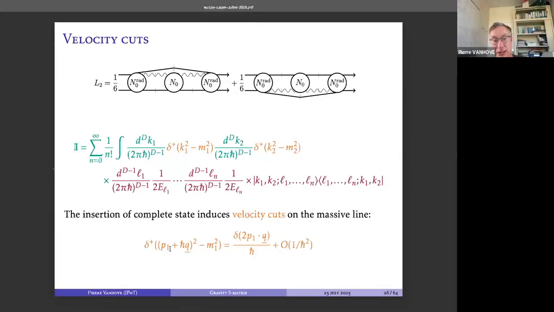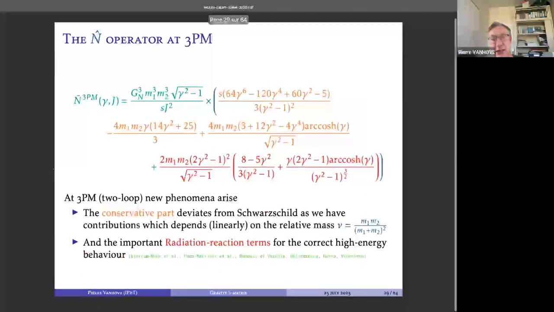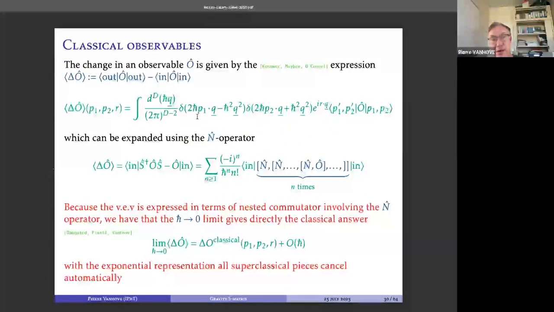Because if you expand this, p1 squared is m1 squared, so there is h bar p1 q, and there's h bar squared q squared, which is exactly what you have here. So this delta function that you get from the Kemok prescription, which is motivated without using what I just said before with the completeness relation,